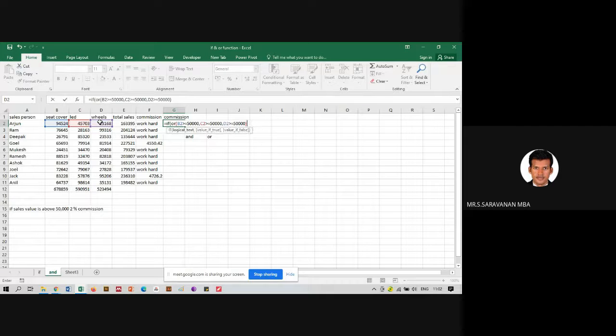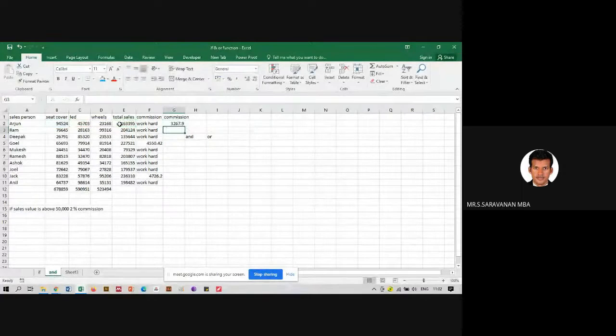Close the bracket. If any one of the three conditions is met, we are going to give him the commission. So into 2%. If again he is not meeting it, again we have to motivate him, work hard. Close, enter.